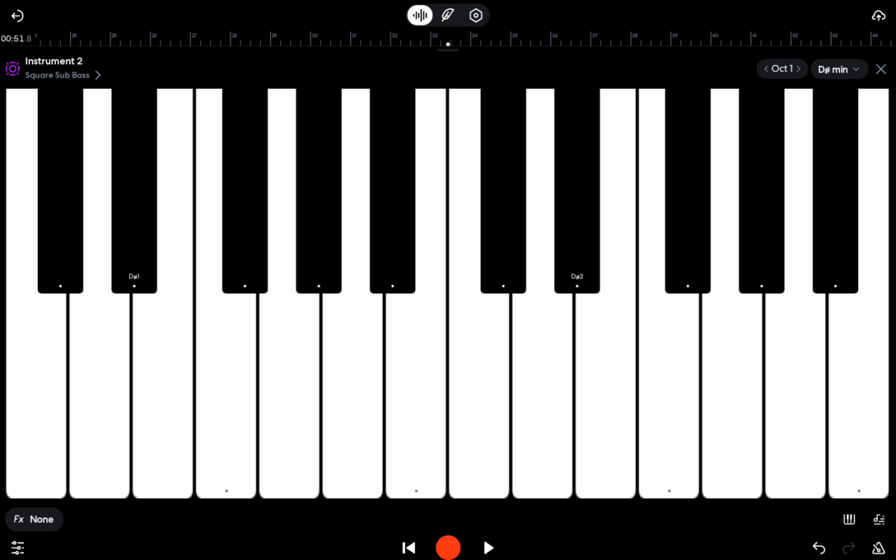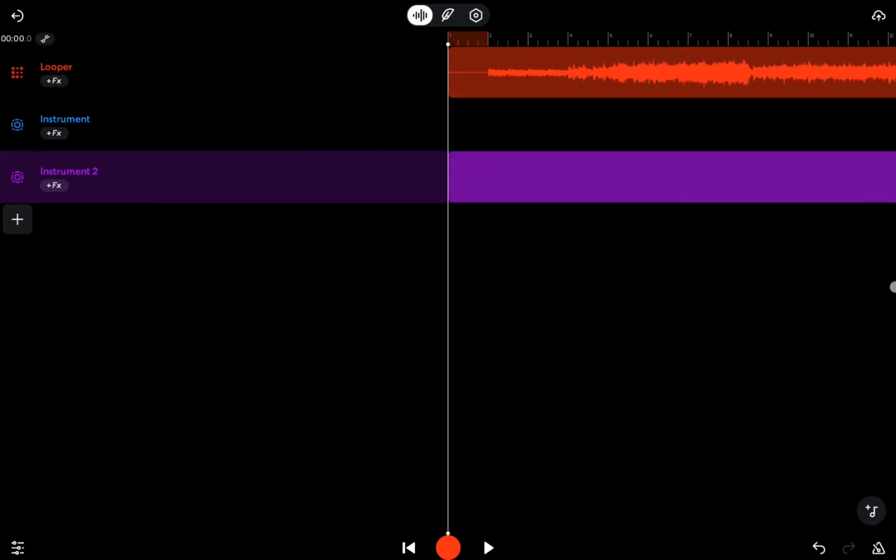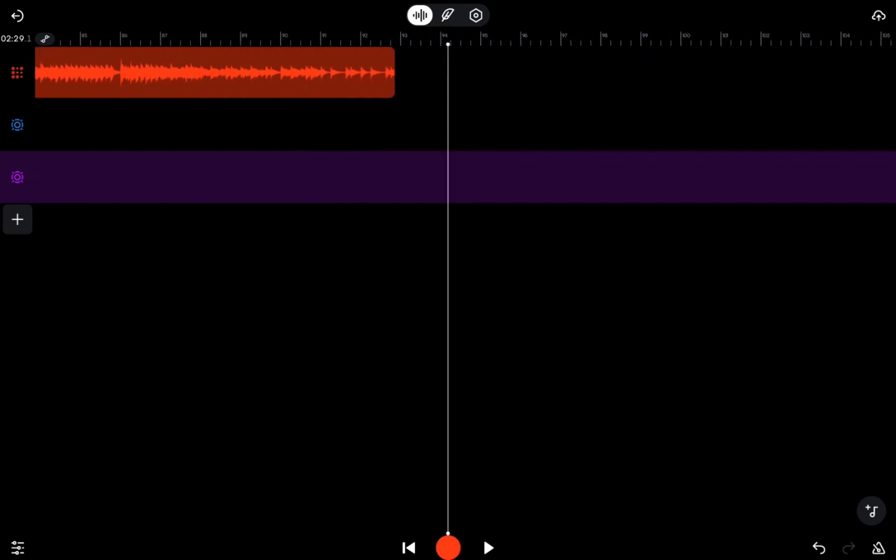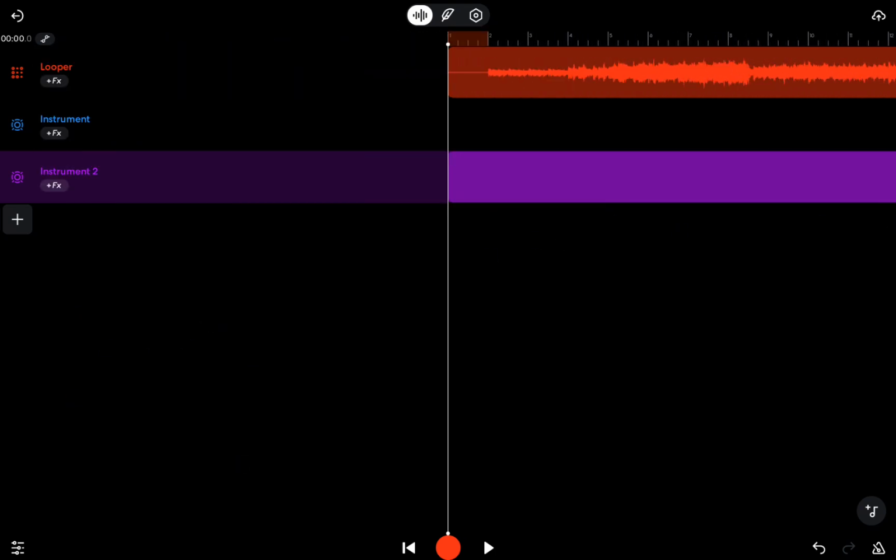Record half of the bass because now the real bass of my actual song comes in with the actual looper stuff. So anyway, that's the whole beat,